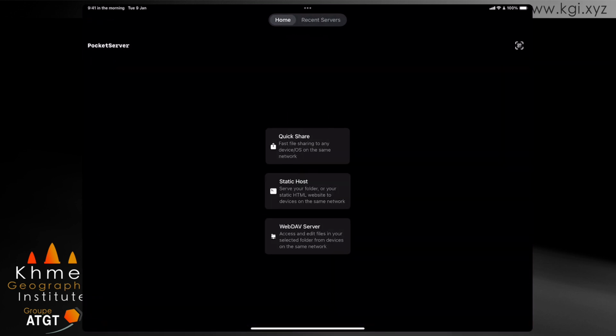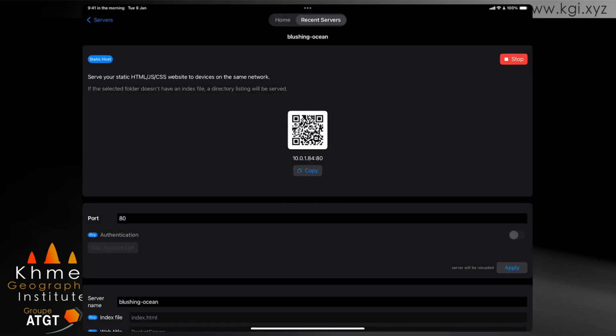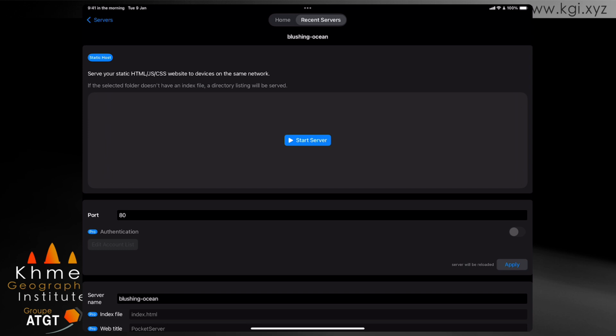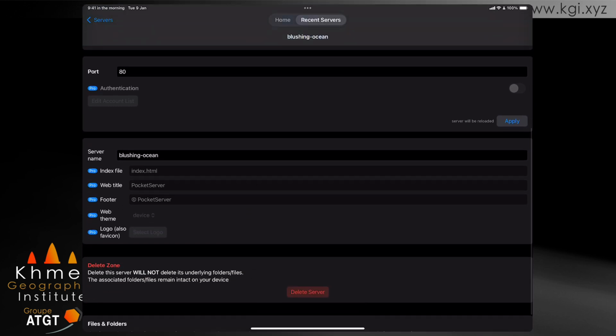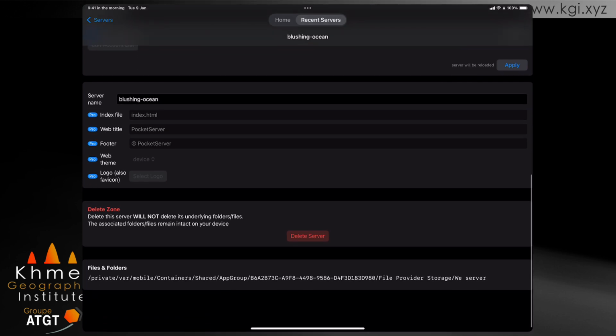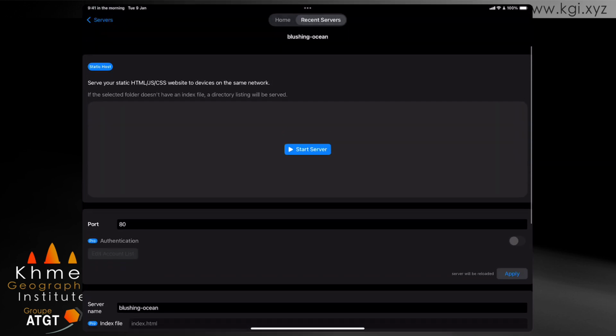You just choose static host, and then you set up your host. If I stop my server, the app will not work, of course. And when you create your server, you just need to indicate the folder where you have all the